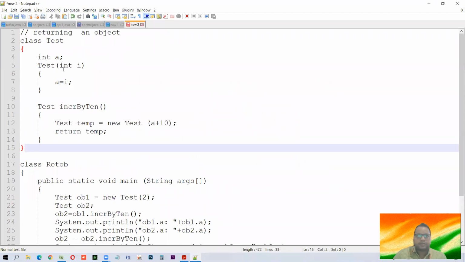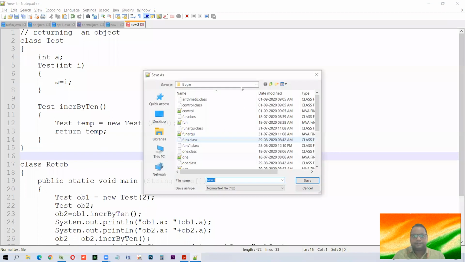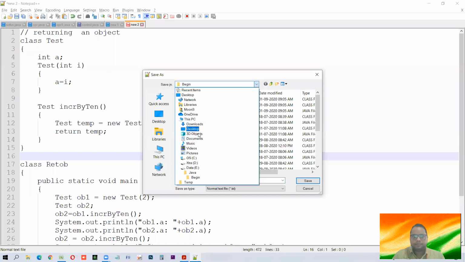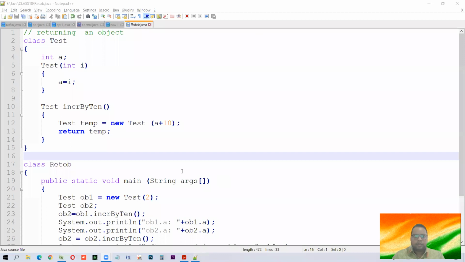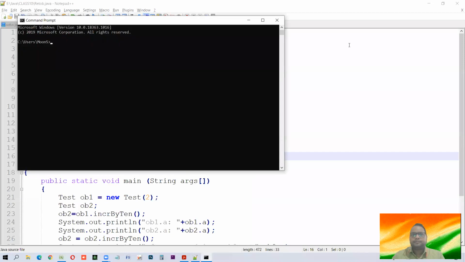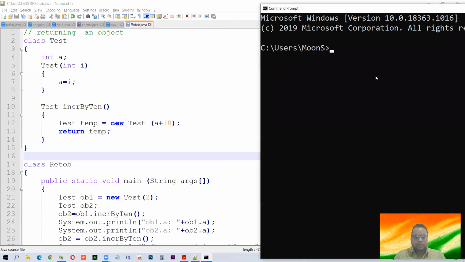And yes, if you have two classes, you can give a class having the main function right top. Save it. Java. I'll take not more than 2 to 3 minutes.